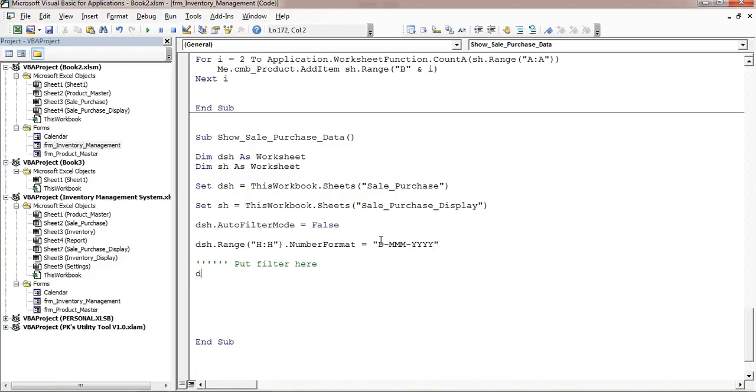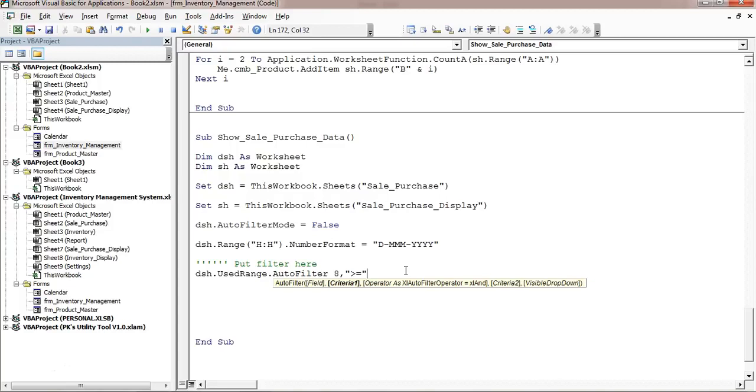So I'll use DSH.UsedRange.AutoFilter, and the date column is available on column H. So the field we will take 8. So I'll put here 8, comma, the criteria I'll take first, it should be greater than or equal to start date.